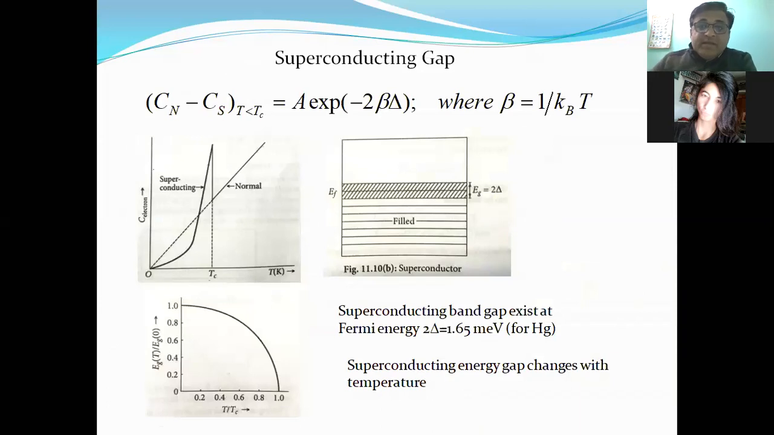So now if you do some slight mathematical modeling of this, if you would like to fit it with a curve, it looks like an exponential increase. So this is an exponential increase, and you can fit it with some sort of exponent here, where beta is defined as 1 upon kBT, and delta is energy. So it's some sort of energy gap, which has been talked of as an energy gap at the Fermi energy